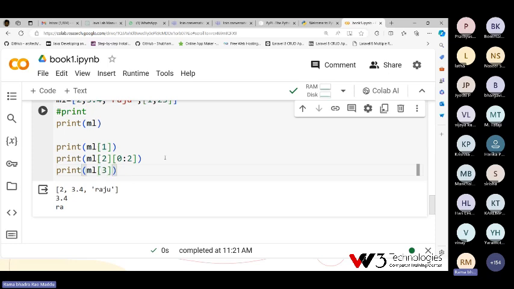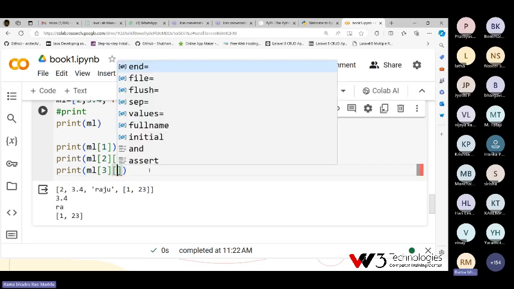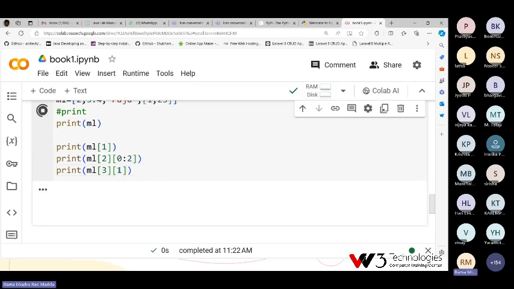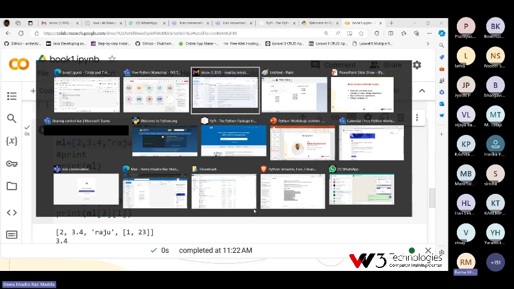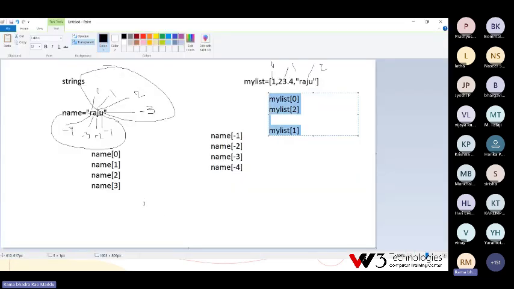It will print the entire list. If I want to print only the second element, what is it? 0, 1. The first location, indexing position 1. You need to understand very clearly how Python understands this.